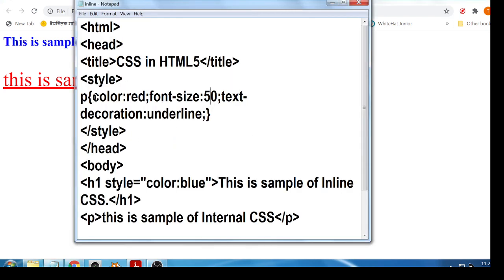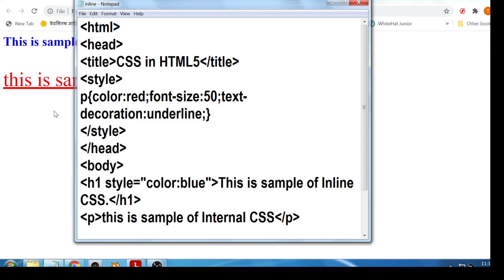Okay, understand how to define the internal CSS and inline CSS. And the third part is the external CSS. I will explain the external CSS in a separate video.